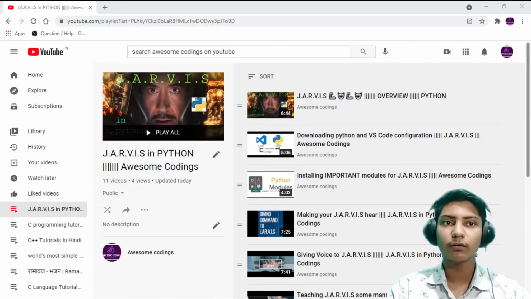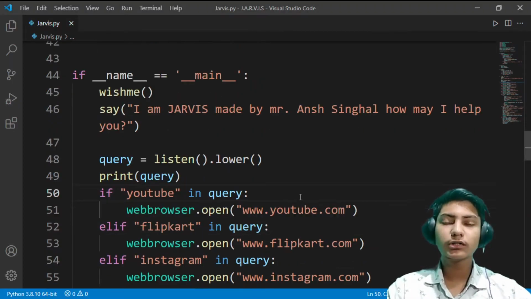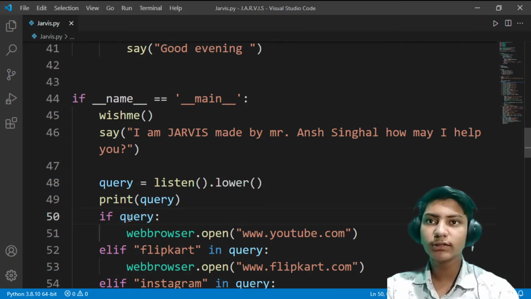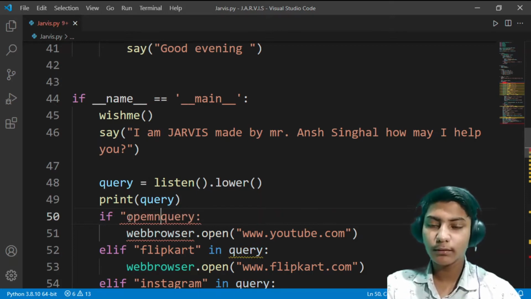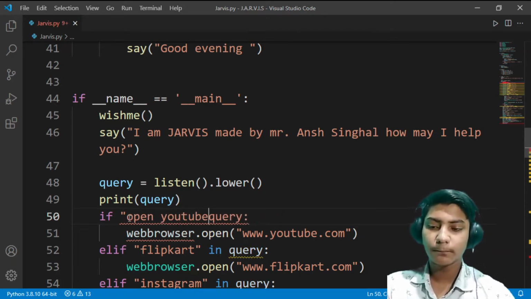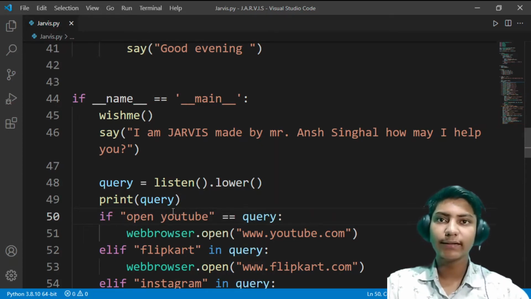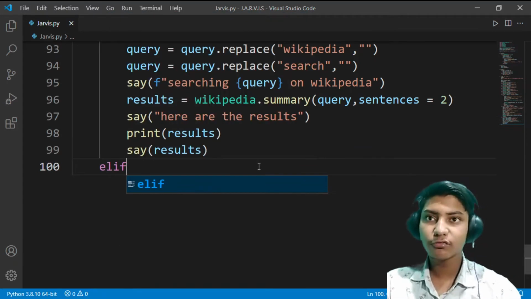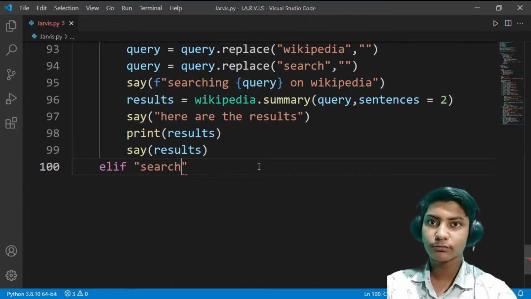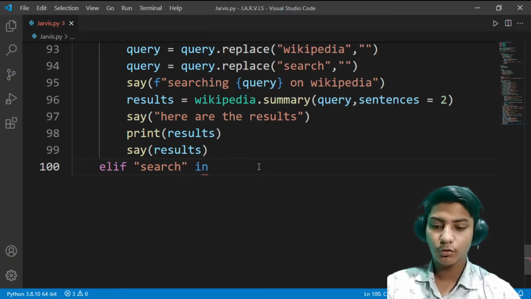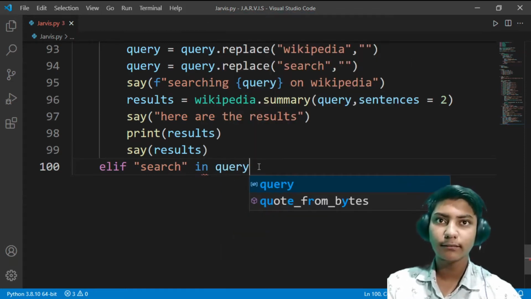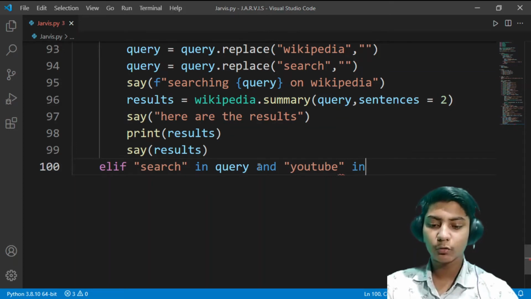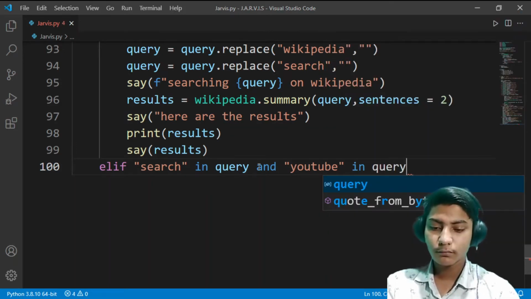Let's start the code. Here I am back in my Visual Studio Code. Before the code we have to correct this as it will make a problem here. Remove this and here open YouTube equals to query, then open youtube.com or else, and then here elif search in YouTube query, search in query and YouTube in query, then